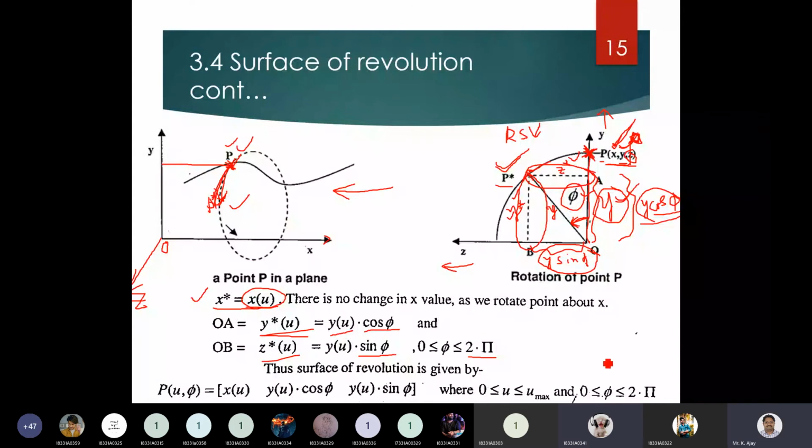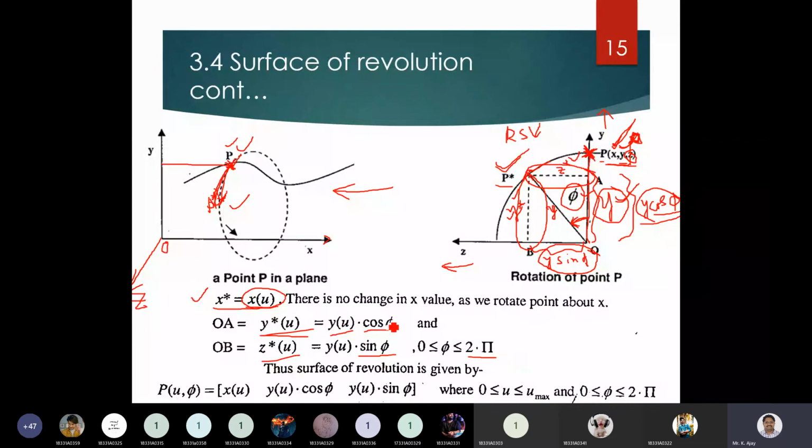Okay. It need not be 360 degrees. It can be any angle also. Sometimes for a surface of revolution, your requirement may be only rotating 0 to 90 degrees. Whatever it may be, there will be a minimum and a maximum value. Or simply you can write it like some 0 to some pi minimum also, no issue.